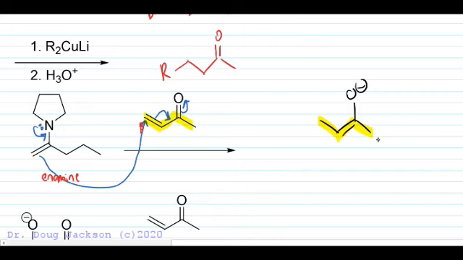So there are the 4 coming from the alpha beta system, and now we need this alpha carbon of the enamine to connect here to that beta position. And so then we need 1, 2, 3, 4, 5 carbons where our enamine was